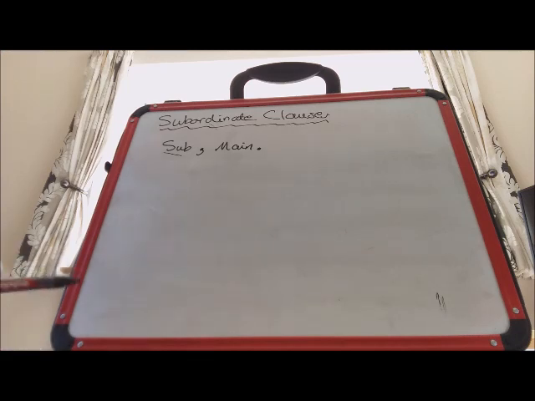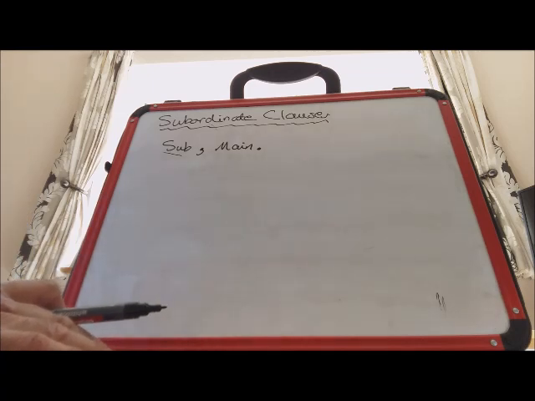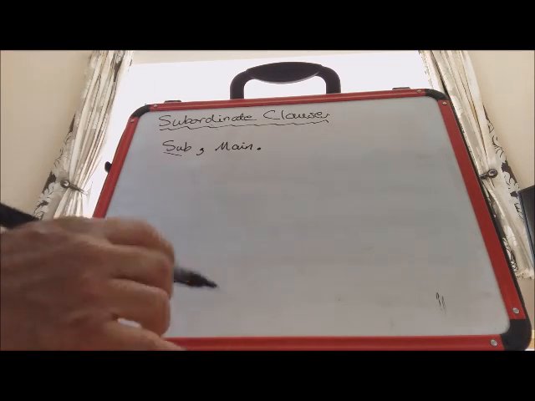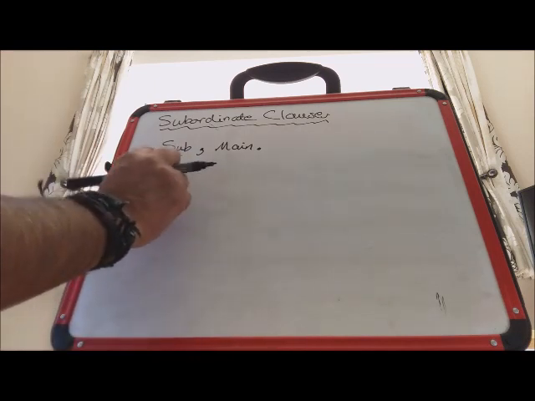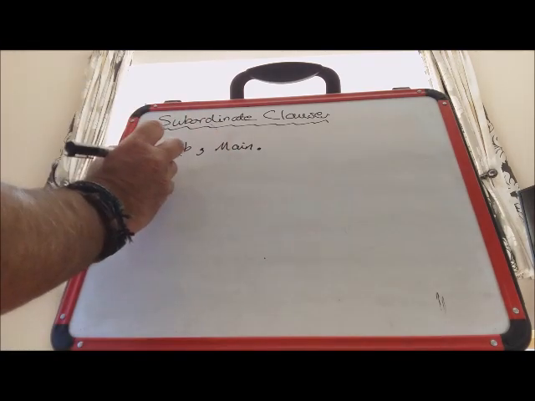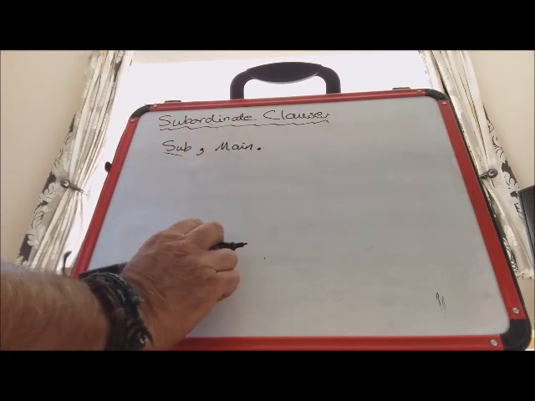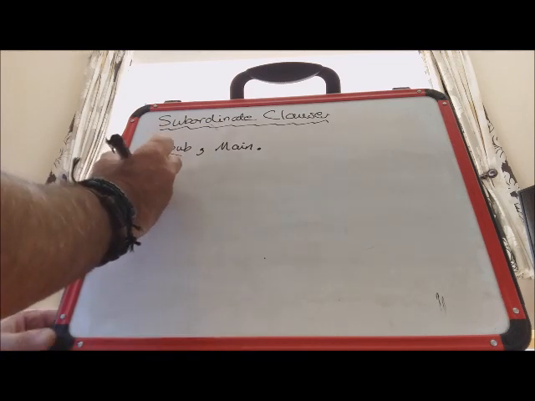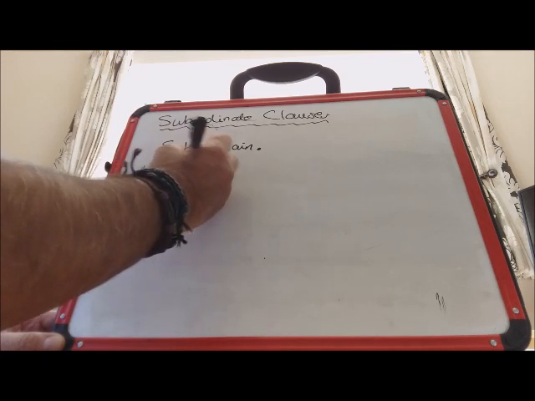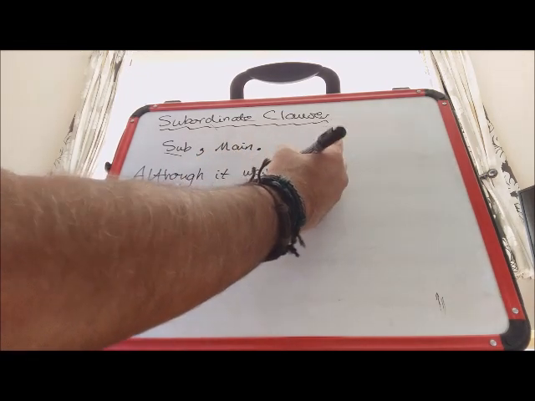Okay, back again. So what I'm going to do here is a little bit of free writing. I will do once again a bit of shared writing first, and then you can have a go. Rather than just write one sentence and then another that's completely separate, I want the sentences to have something to do with each other. So let's think about one of the examples we had, and we're talking about playtime. So at playtime it was raining. So although it was raining,